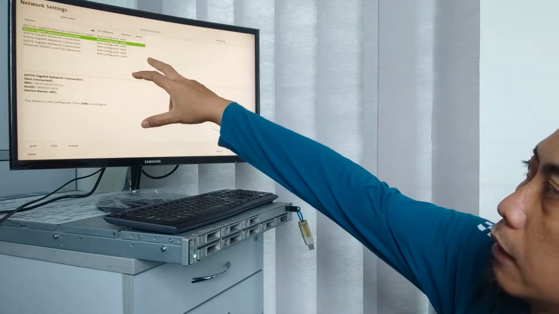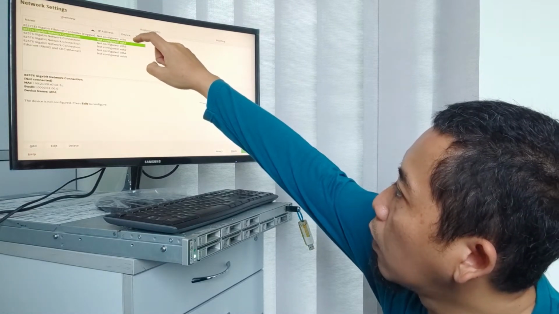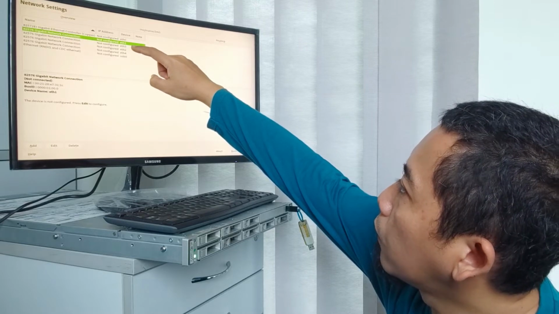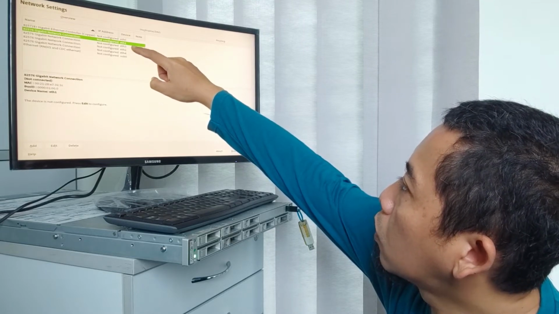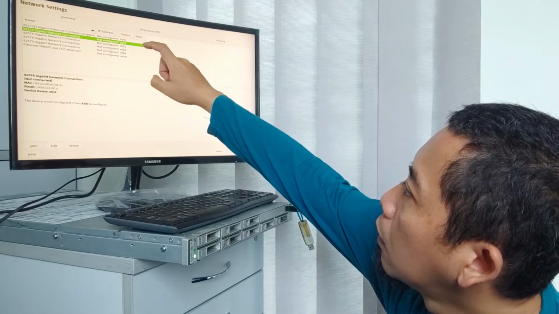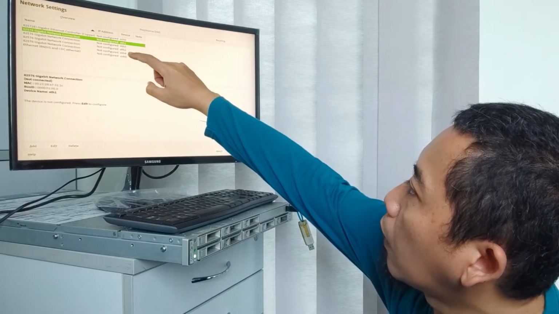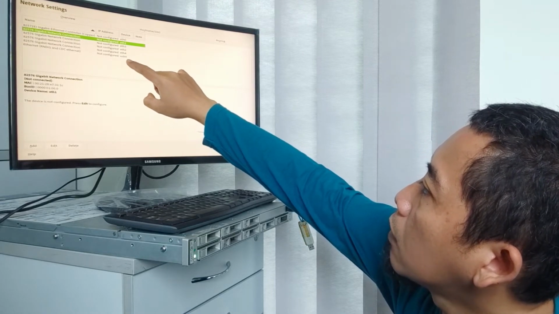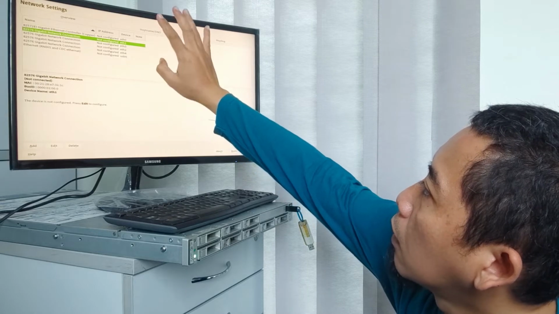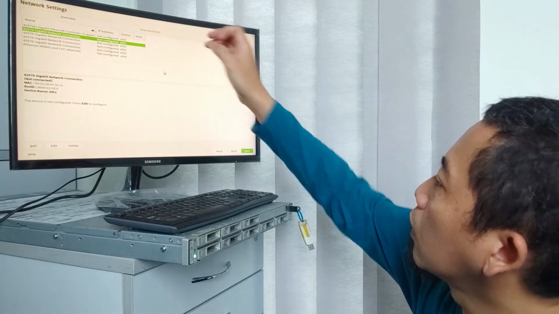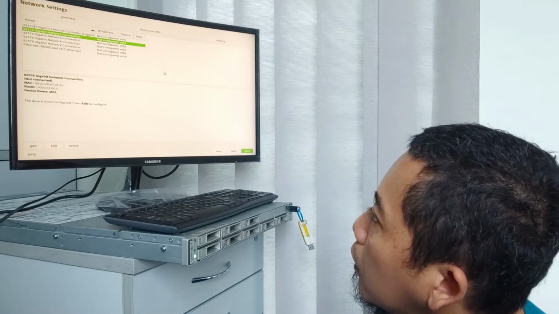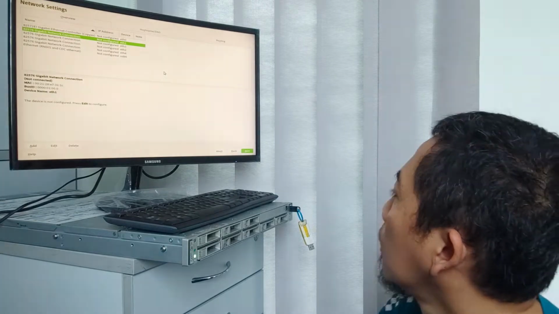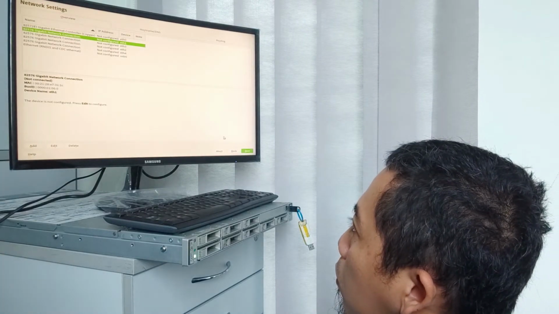The network is detected, network 0, 1. I don't have two networks here, this one 2, 3 and 4, and USB. I don't know what this is. I think it's completely okay for the network. Enough, no problem with this. They say it's not connected. It's okay. I will continue.